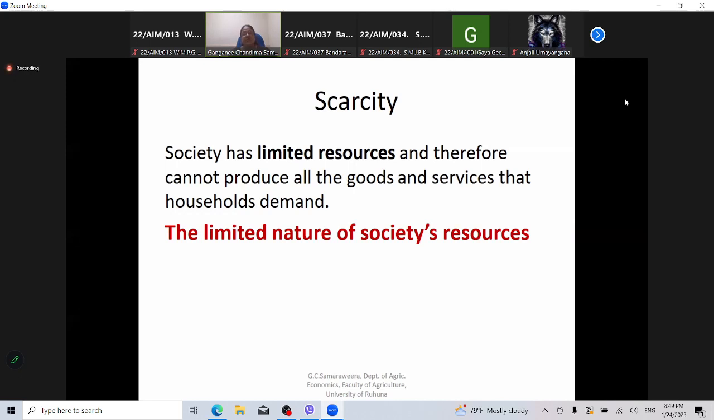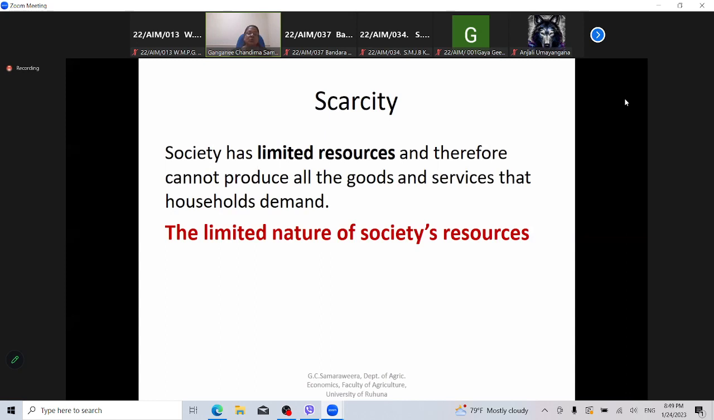Then briefly you have to think we have unlimited wants but limited resources to satisfy them. Let's say we have the need of water. 22 million people at least need a glass of water. But water is scarce. We have limited available. Even if water is available abundantly, pure water is a limited factor. So that's why scarcity means society has limited resources to fulfill the demand of goods and services